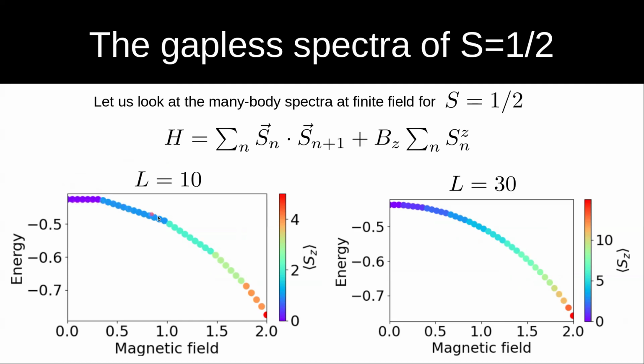So you start with 0, then 1, then 2, then 3, then 4, and then 5. And if you go now to much bigger systems, so with 30 sites, what you actually see is that you go almost continuously from 0 to the maximal value. So what this actually means is that for relatively large spin 1/2 systems, your ground state very quickly switches to